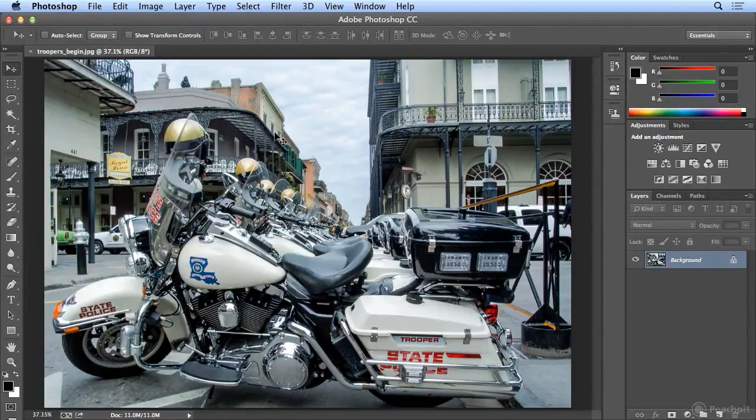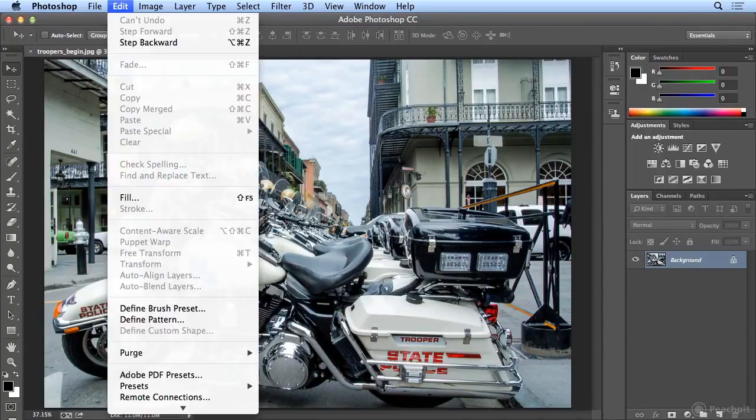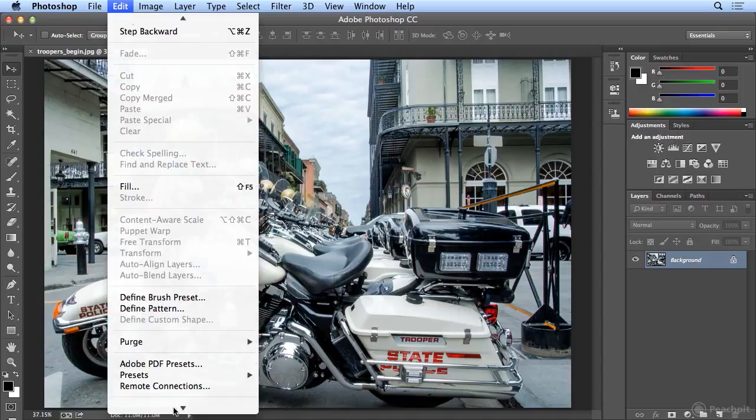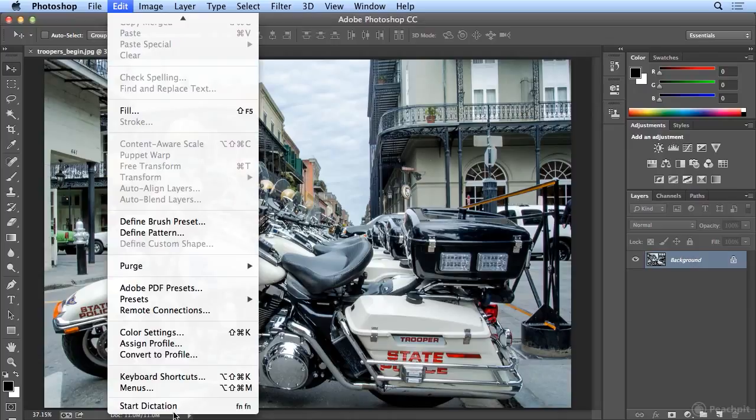I'm one of those people you would call a keyboard shortcut fanatic. I rarely go to the menu bar unless there's a reason to do so. Having said that, Photoshop will let you configure new keyboard shortcuts for menu items that you frequently use but don't have a built-in shortcut. One of my favorite parts about this is if you're learning to be a power user